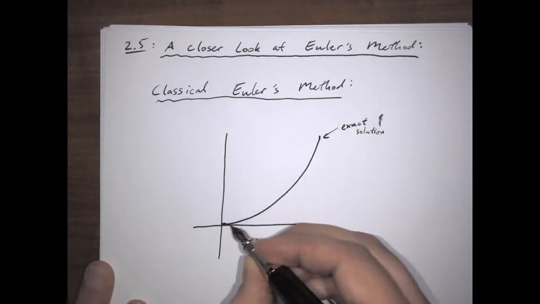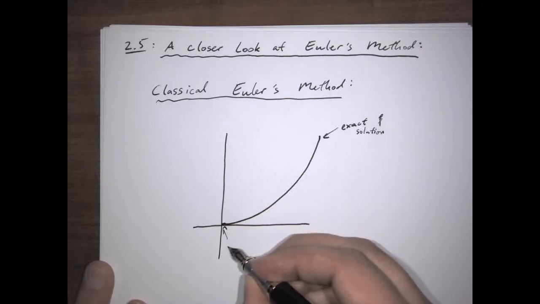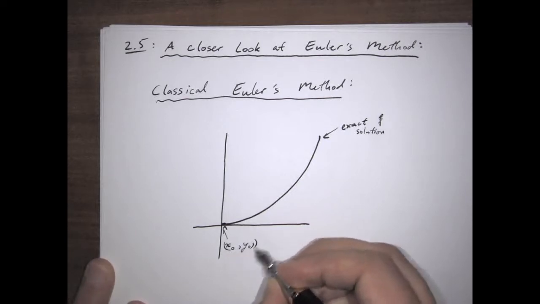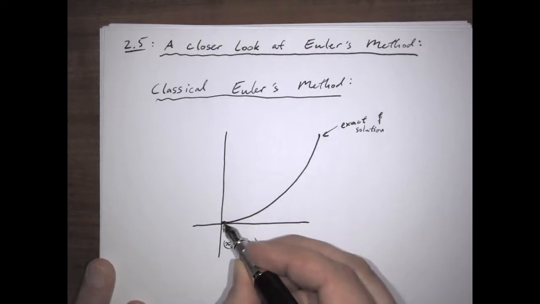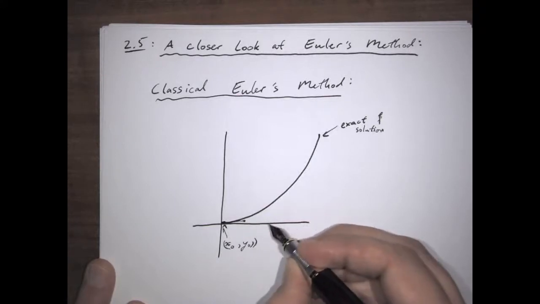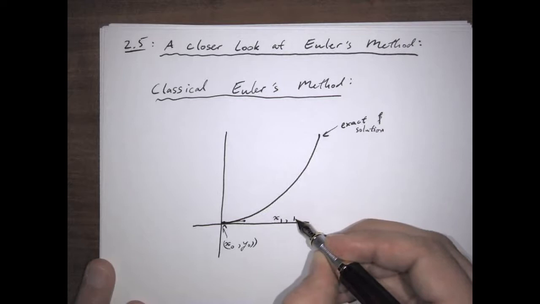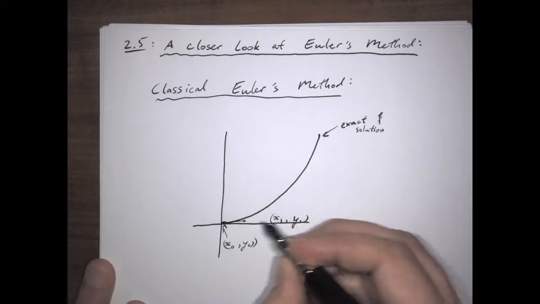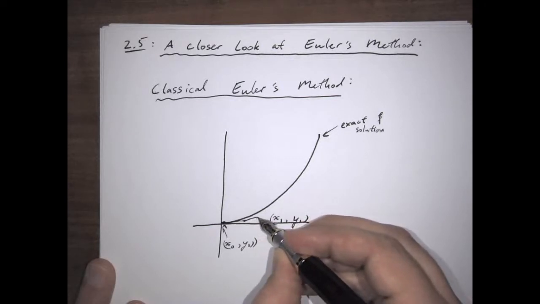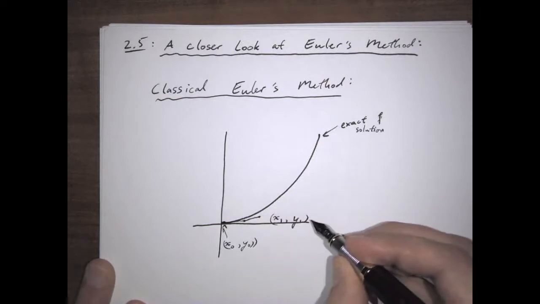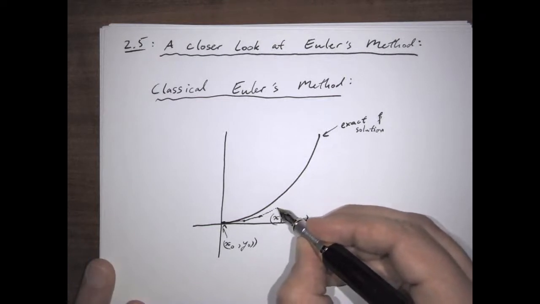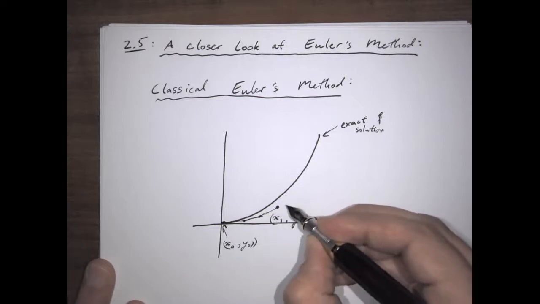Now, if we were to follow Euler's method here, and let's say that this is x naught, y naught, so initial conditions right there, and we were to draw this out for a little ways, and that's going to be the h, and that's going to give you the x1, y1, and then we were to take it from here, and even if the slope had been correct from here, it would have led us down to there,